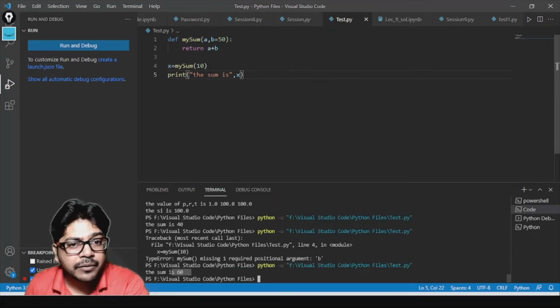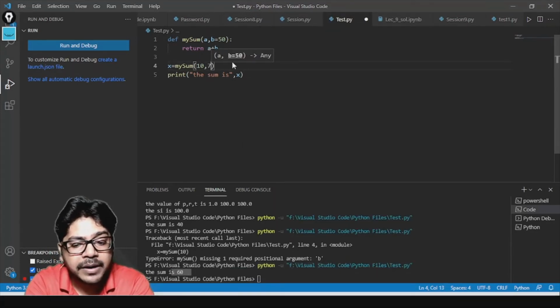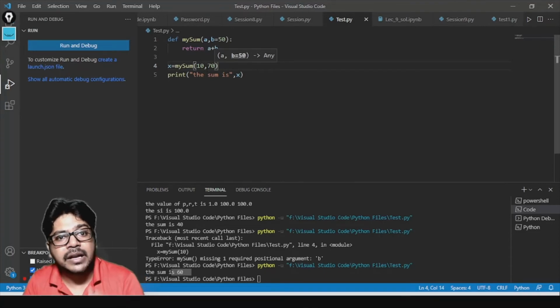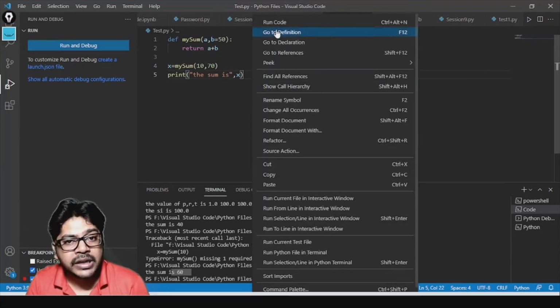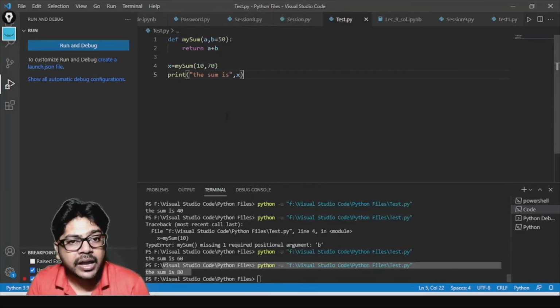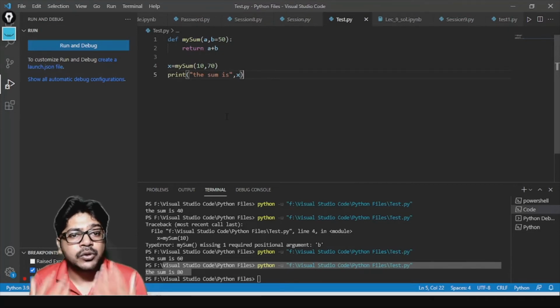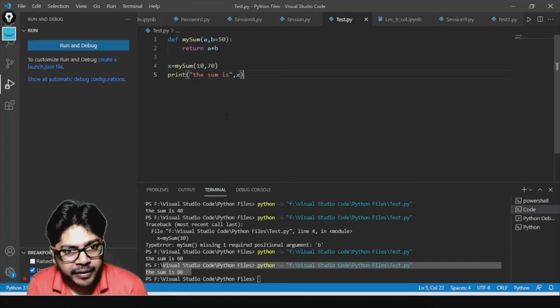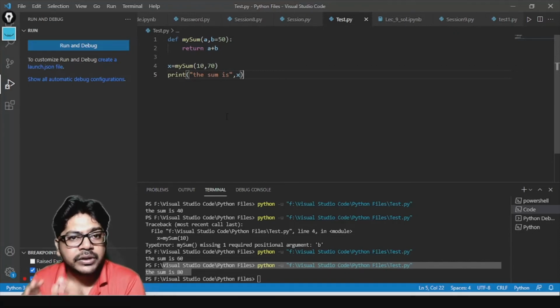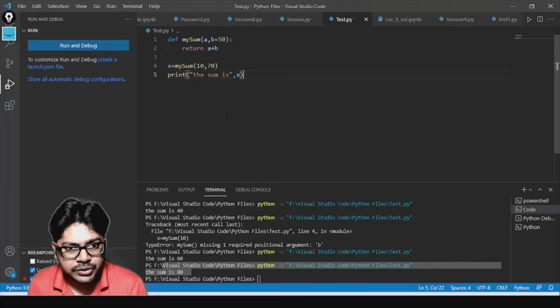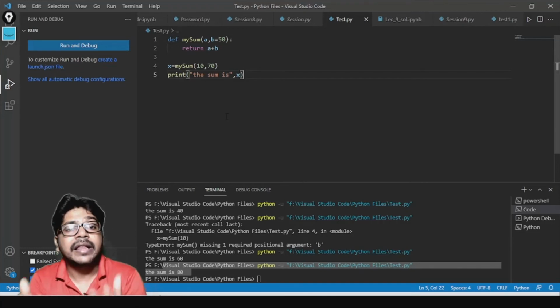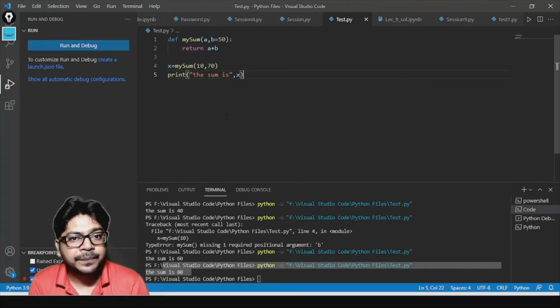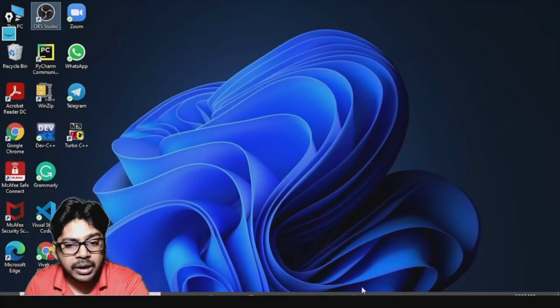Now your question is, what if I give the other value? What will happen if I give 70? Will it still give me the result 60, or will it give me 80? The answer is that it's going to give you 80. Why? Because the parameter that you are passing has the highest priority. If you are providing it, the default value, the initialized value, is not going to be used. If you do not do that, then the default value will come into the picture. This is what a default argument is all about.